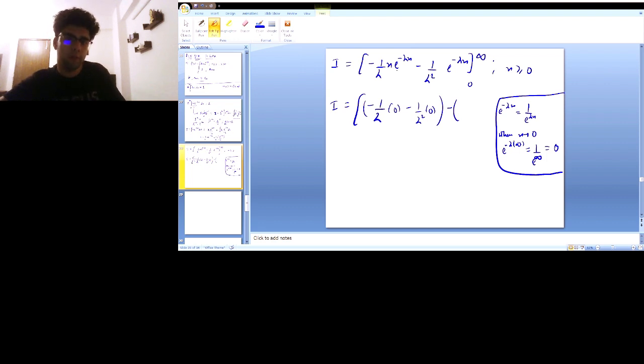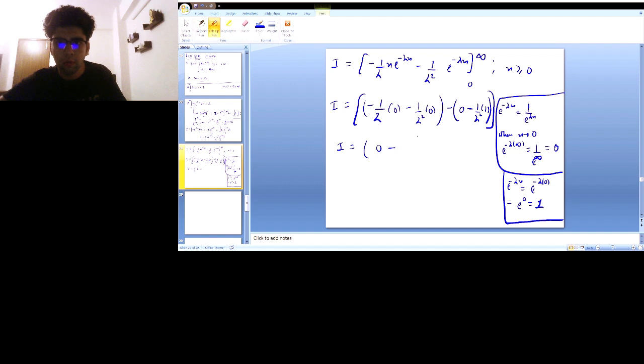If I put in 0 in place of x in this e to the power minus lambda x, this becomes minus lambda into 0, so this is e to the power 0, which is 1. This is 0 because I had x here, so this becomes 0 minus 1 upon lambda square into 1, right? So this integral becomes 0 minus minus, so plus 1 upon lambda square, right? So my integral is 1 upon lambda square, and I needed to find